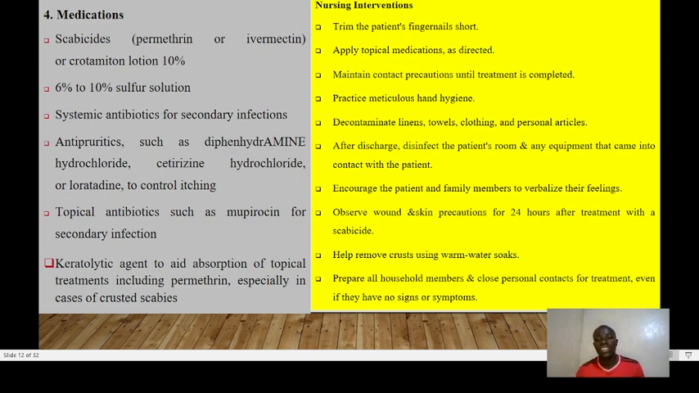Practice meticulous hand hygiene for at least 20 seconds. Decontaminate linen, towels, clothing, and personal articles. After discharge, you need to disinfect the patient's room and any equipment that came in contact with the patient. Encourage the patients and the family members to verbalize their feelings, then observe wound and skin precautions for 24 hours after treatment with the scabicide. Help remove crusts using warm water soaks, and then prepare all households and close personal contacts for treatment, even if